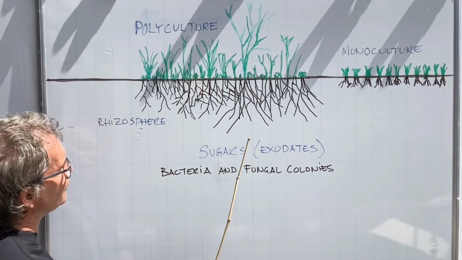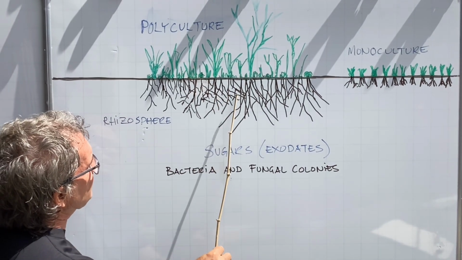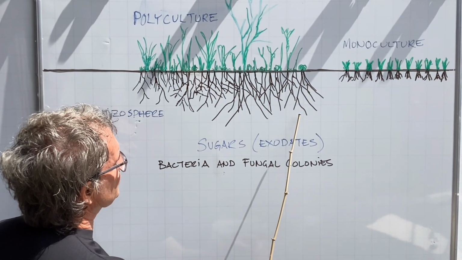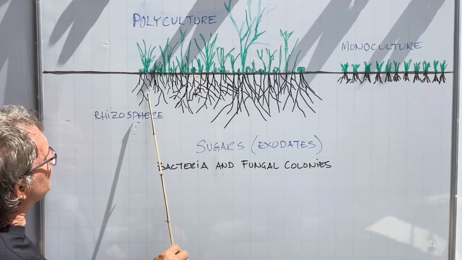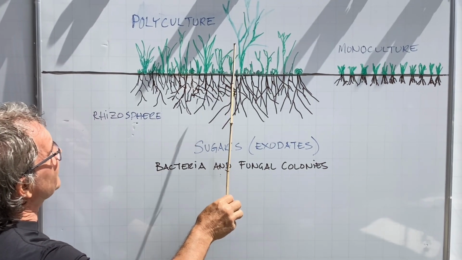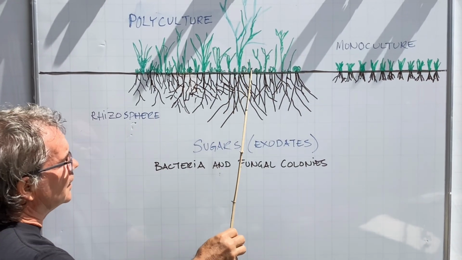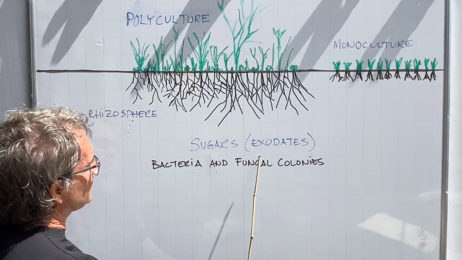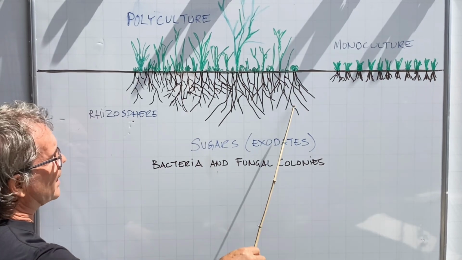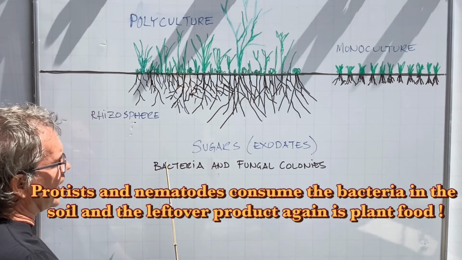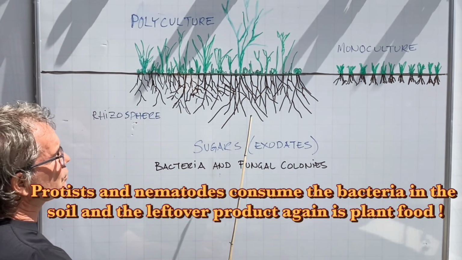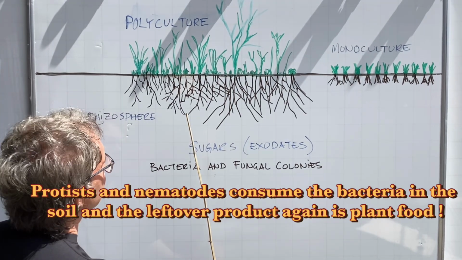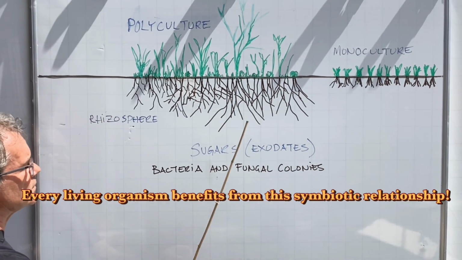So these bacteria and fungi are completely entrapped in this zone because there's so much food available, there's so much sugar available. And that 30% that these plants give up is a beautiful investment for the plants because these bacteria and fungal colonies turn this back into energy, and when they die, that also gets turned into plant energy. So it's a win-win for both these